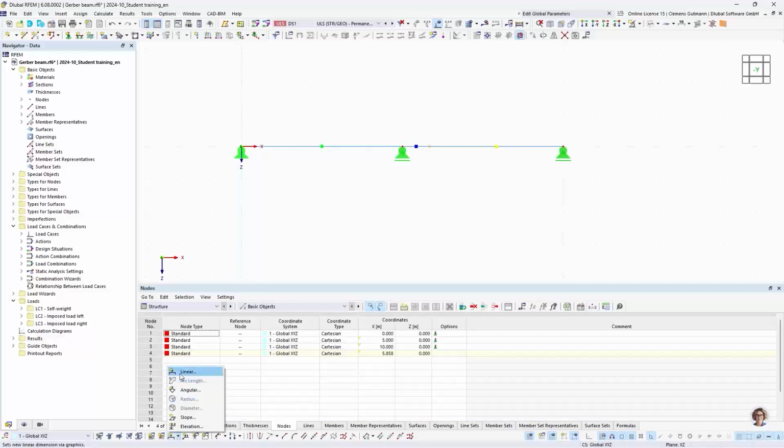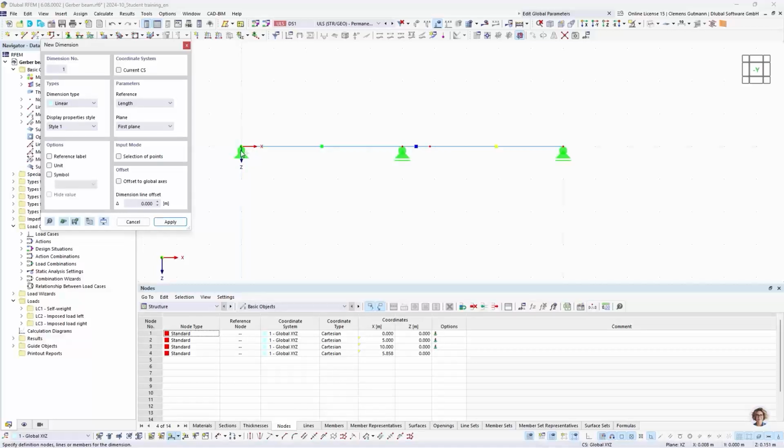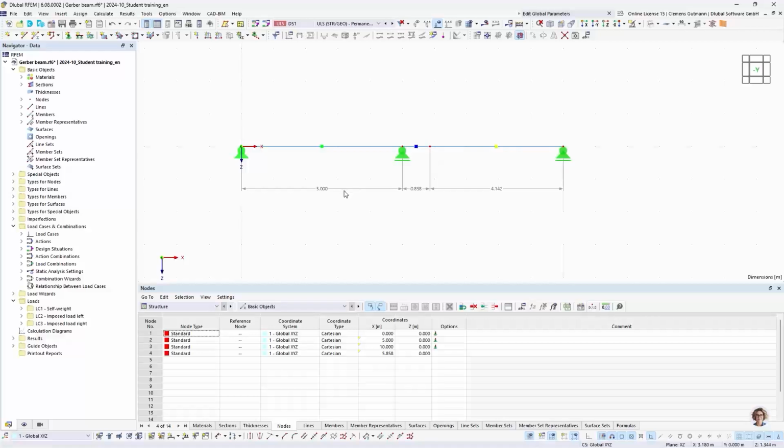And to make it a little bit more visible, I want to create a measurement dimension. For this, I pick the nodes. And yeah, the dimension is being drawn, but in the wrong plane. So I have to go and pick second plane. And now it's displayed in the right way. So we have a field length of 5 meters and the point of the hinge at